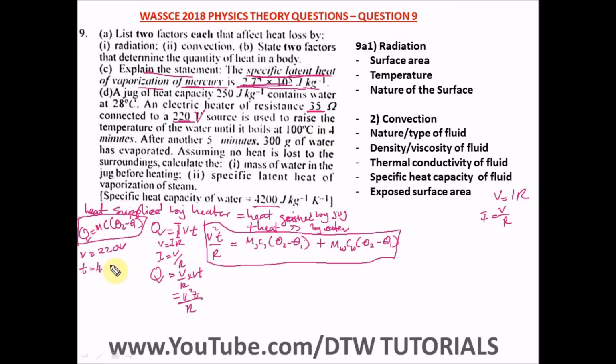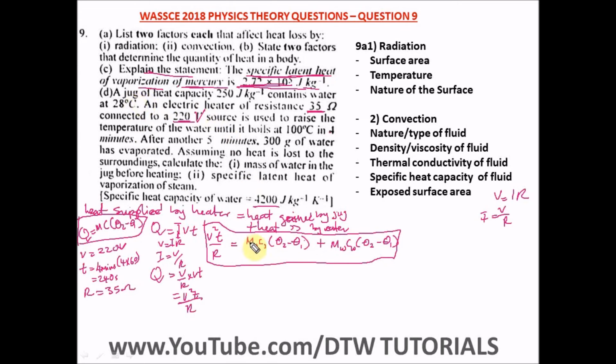Remember, we can't work with minutes, we have to work with seconds. So we have to convert this 4 minutes to seconds. In converting 4 minutes to seconds, we have 4 times 60, which is 240 seconds. All right, our R is given as 35 ohms. Then equal to